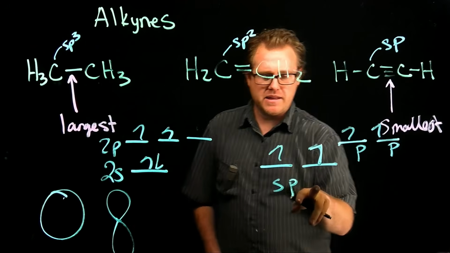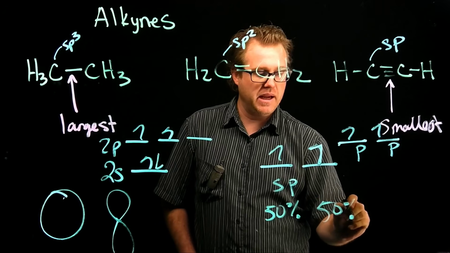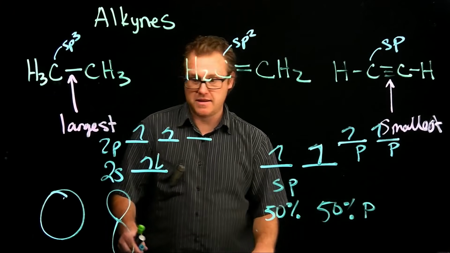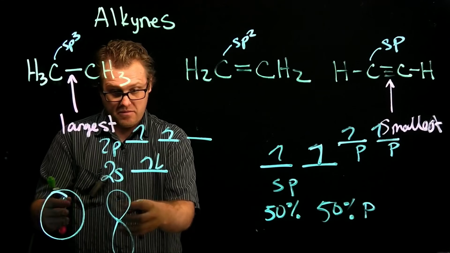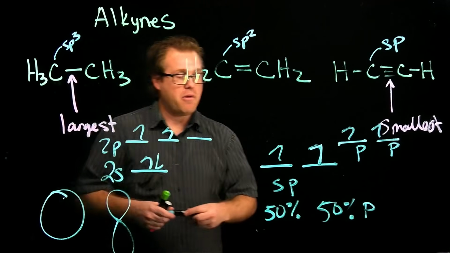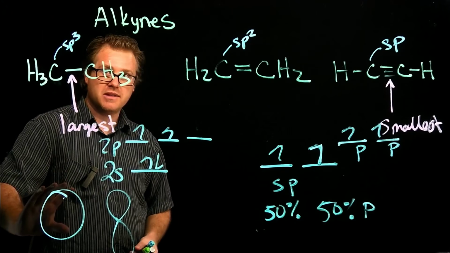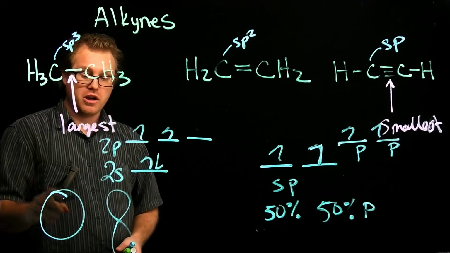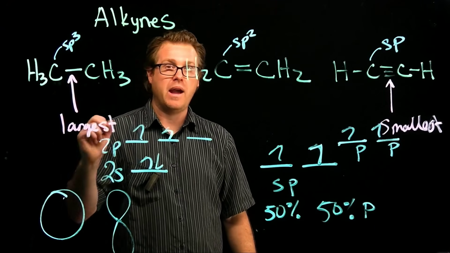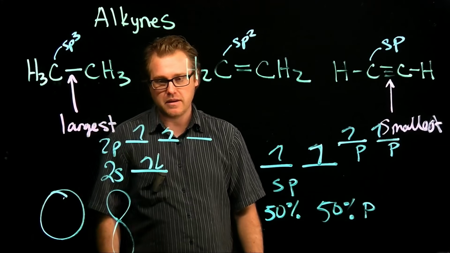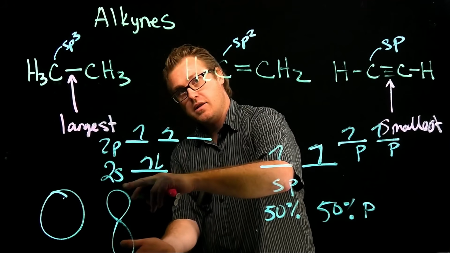Okay, so when we look at an sp, what do we have? We have 50% s and 50% p. So that means this hybridized orbital right here looks basically 50-50 of this. And we have learned from general chemistry that if you have a complete s orbital, the electrons are going to be closer to the nucleus, whereas in a p orbital, the electrons are further away from the nucleus. And a p orbital is longer